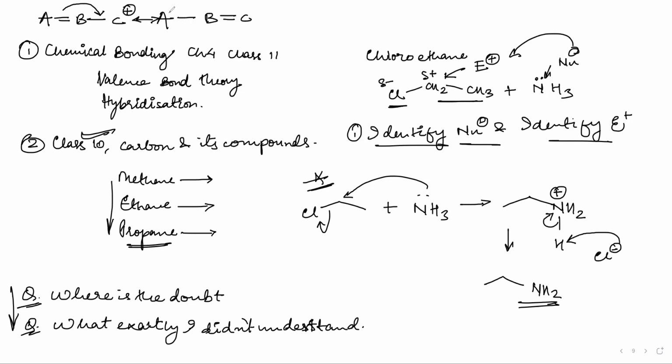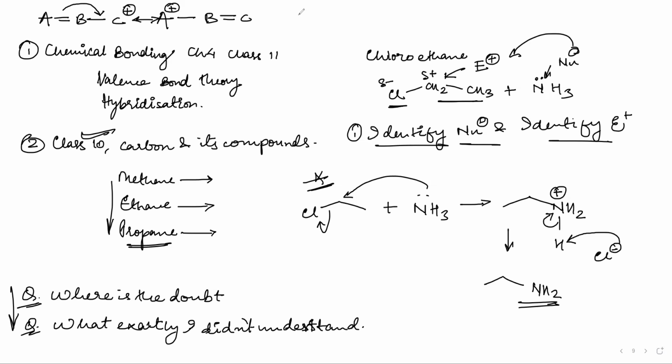Now A has lost one of the bonds. That is why it has lost electron density, and that's why it will get a positive charge. So on C, there will be a negative charge. No, not a negative charge, because this positive is being neutralized by the incoming electron. So it has no charges.